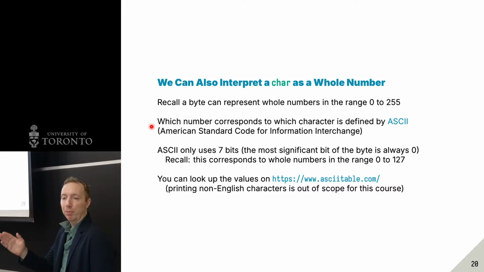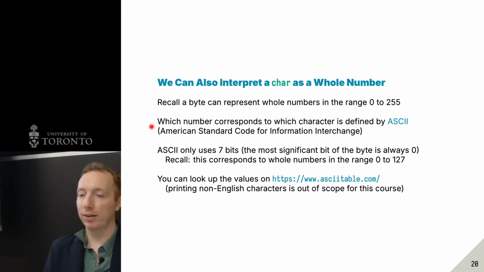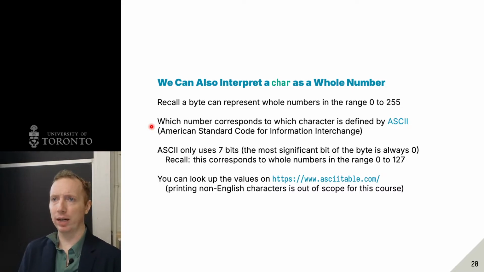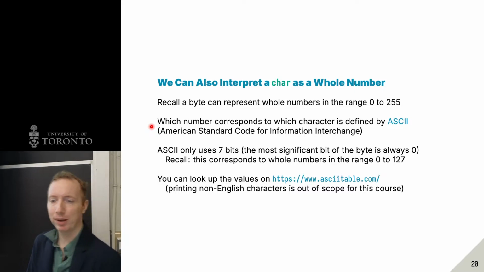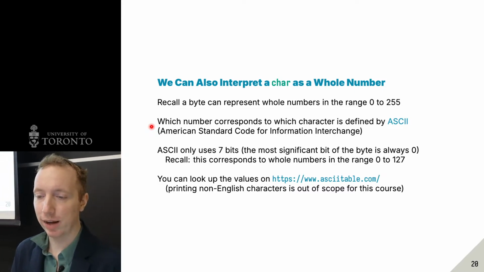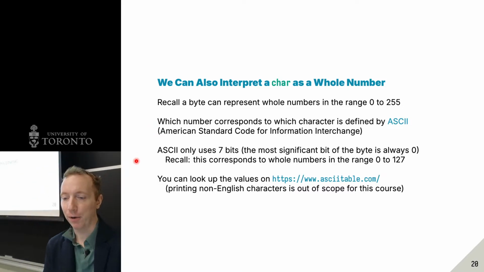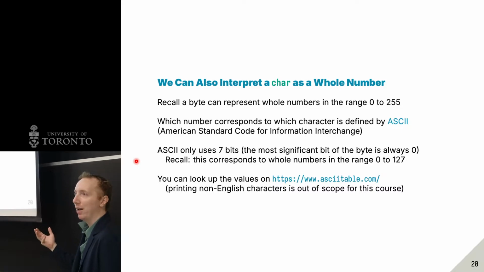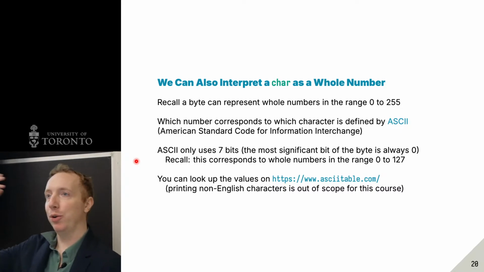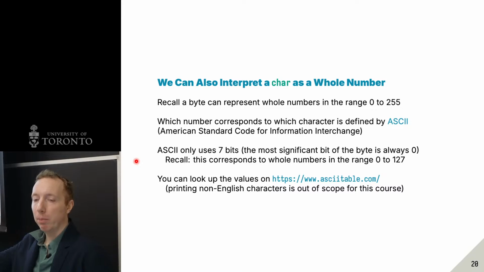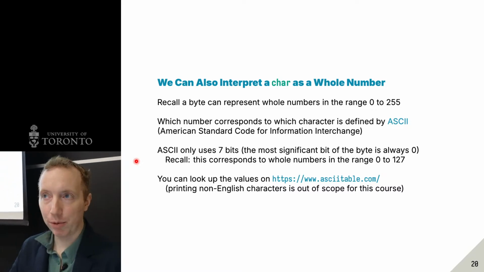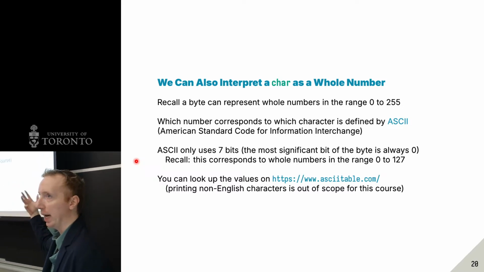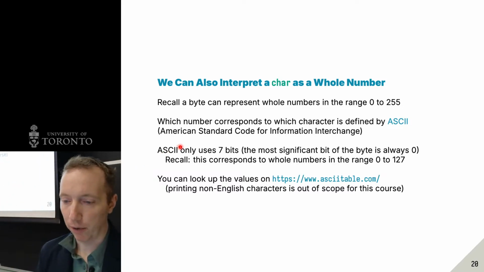Which number corresponds to which character is defined in something called ASCII, which is the American Standard Code for Information Interchange or something like that. Oh, wait, I have it on the slide. Okay, I was close enough. So, boring name. If you go to something like ASCIItable.com, that will show you for each character what number it represents. And the way computers work is just everyone agrees that a capital A means 65. So ASCII